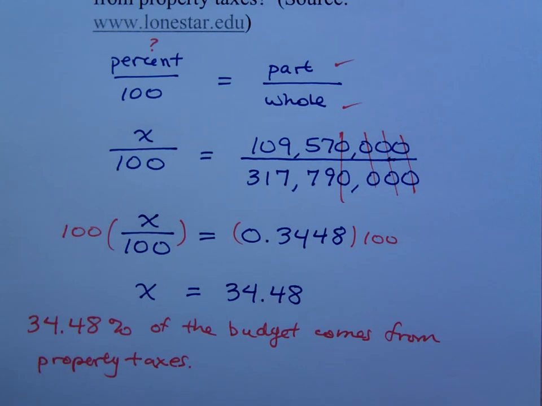And that's a pretty hefty amount of property taxes. It's a lot of money. The other portions, and you can find charts for this, come from the state and from your tuition. And there are some other sources of money. I'm not sure, it just says various miscellaneous sources of income. But a huge chunk of the budget, more than a third of the overall budget of the Lone Star College system, comes from property taxes.